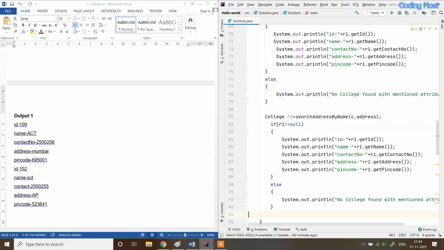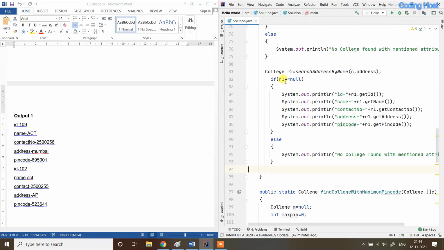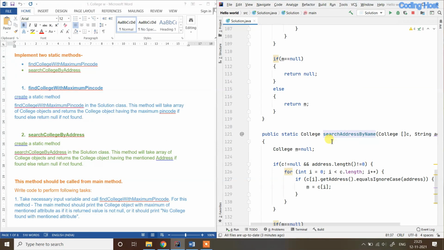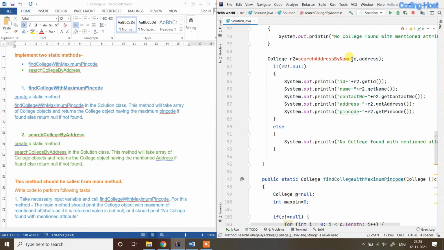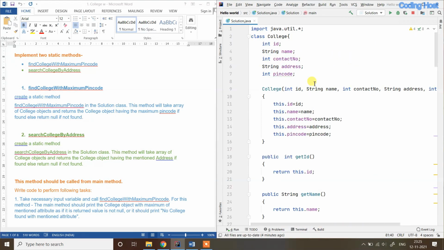I will copy this if else statement here and I will write the name r2. Here you can see that this is a mistake, the name of the second method is searchCollegeByAddress. So I will copy this name and paste it here. So you can see that our program is ready.